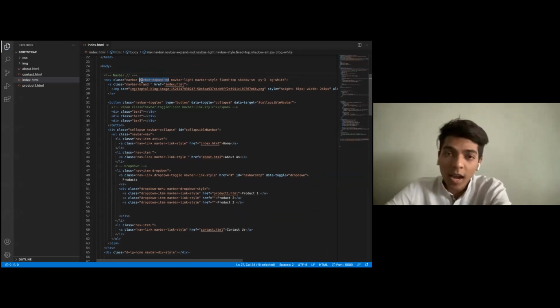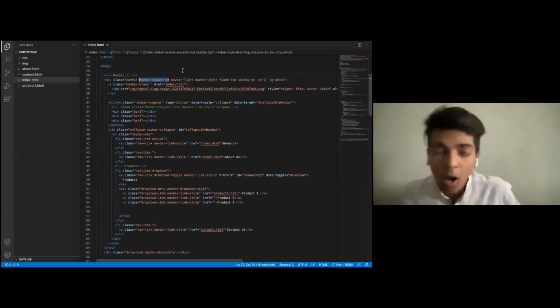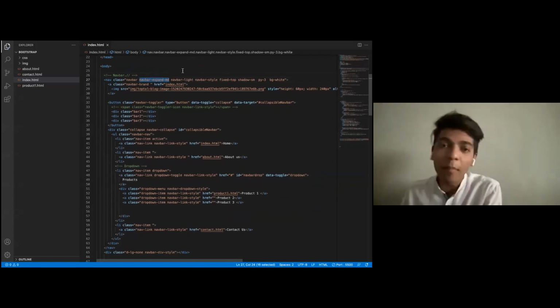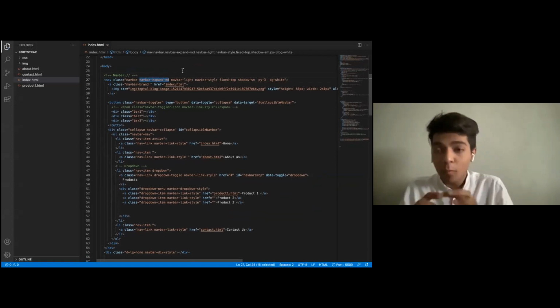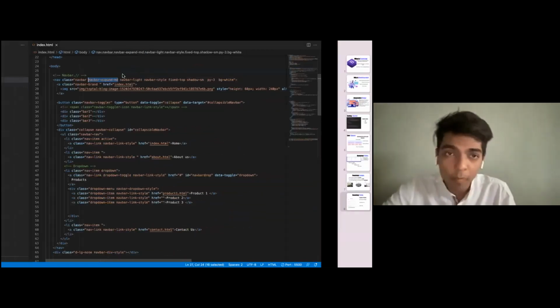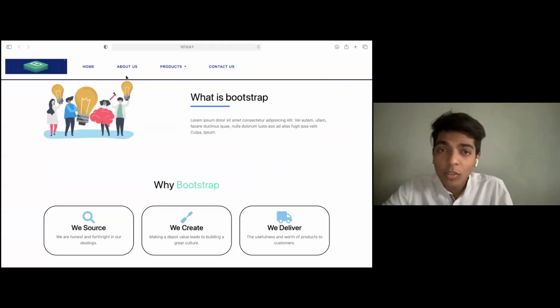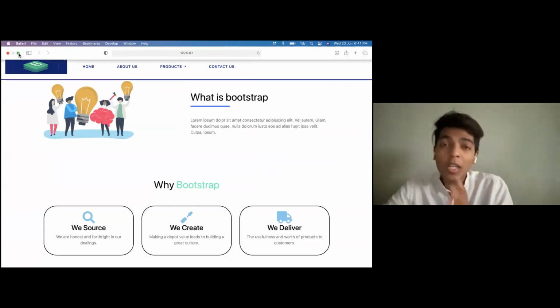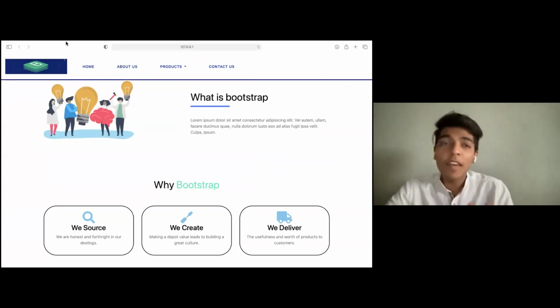If you see this line here, this is navbar-expand-md. It means that the Bootstrap has to expand, has to show the full navbar. The navbar has to be visible when and only when the screen is MD. We saw that MD means tablet. This is a desktop. So the whole navbar would only be visible when it is a desktop.